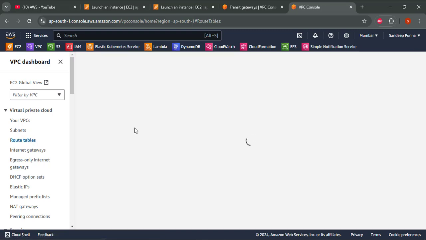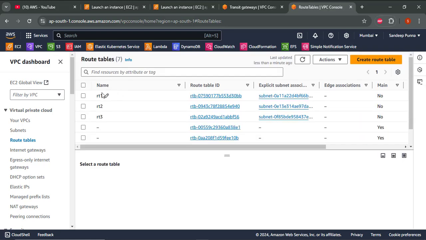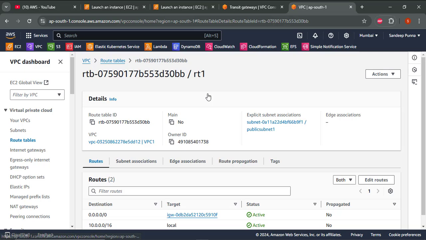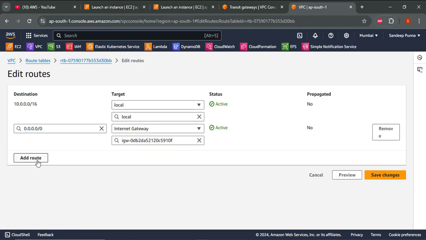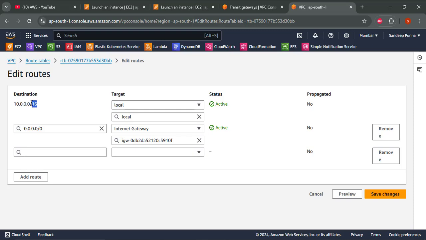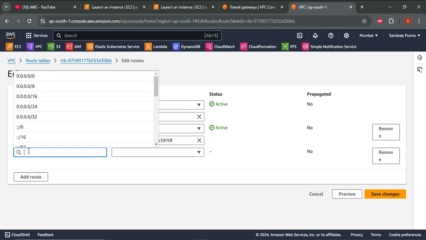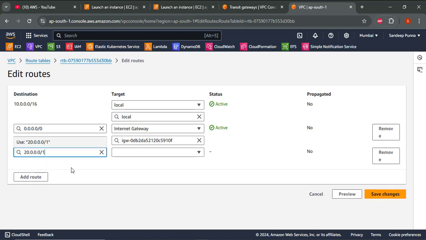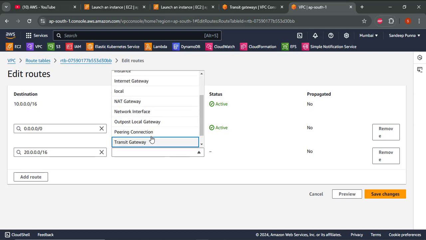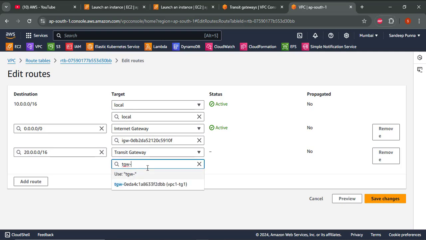In the route table, for each of its route table, RT1 is for VPC1 first, and here in the routes we need to edit routes, and we need to give, this is the first VPC, first series is 20, we need to give 20.0.0.0/16. Here we need to select transit gateway, and you will find the name, select that, save changes,